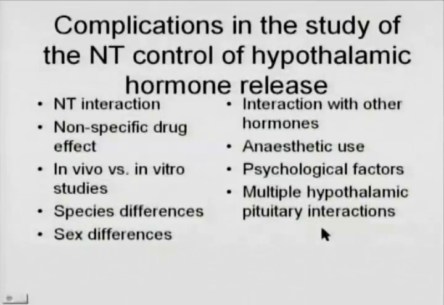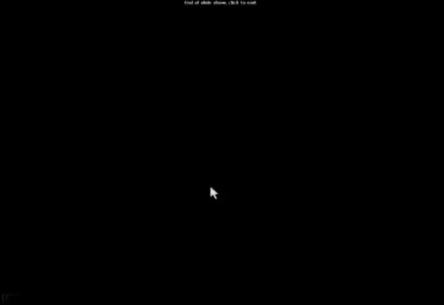Each of these contributes substantially to the complexity and the challenges of understanding the roles of neurotransmitters in the control of the hypothalamic hormone release and therefore anterior and posterior pituitary function. It is a diverse and dynamic system that is very, very state dependent, which is what we would expect. So this ends our